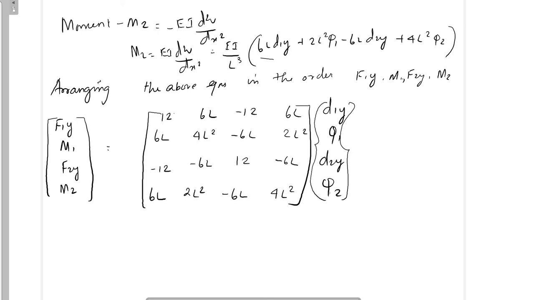There are some other ways of deriving the stiffness matrix for the beam element, but here we have to know how to formulate the shape function, and from the shape function, how to find the stiffness matrix. The way to derive the stiffness matrix from the shape function is integration of B transpose B EA dx for the one-dimensional bar element. For the beam element, we have to approach it through the bending moment and shear force format.